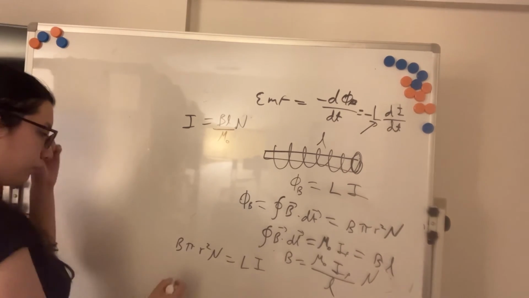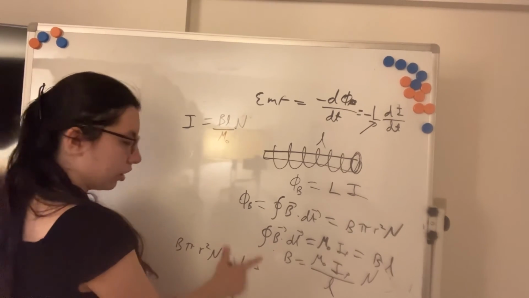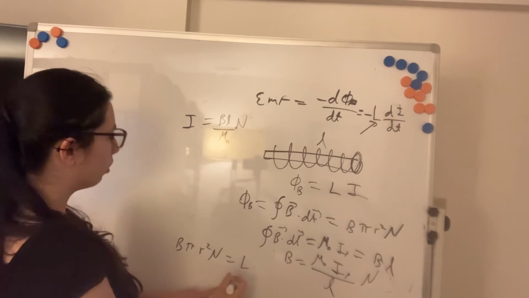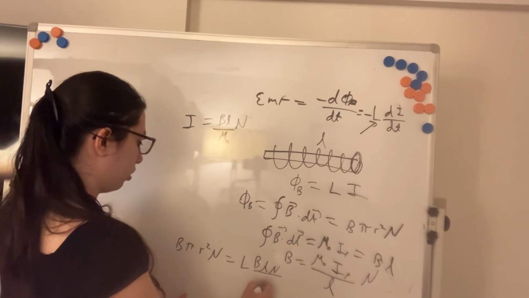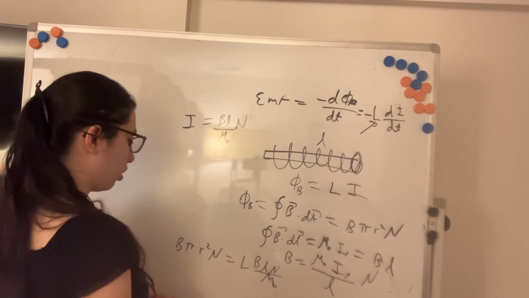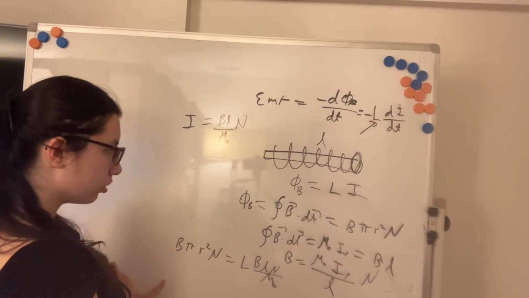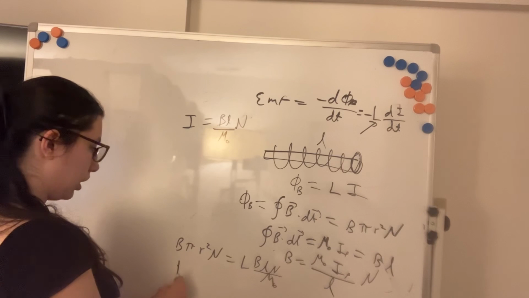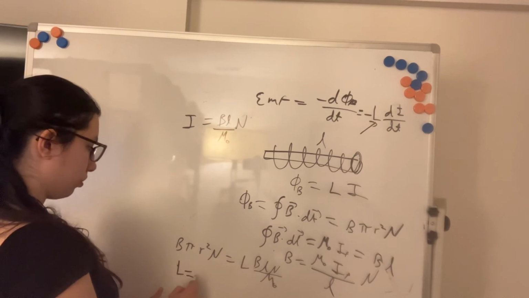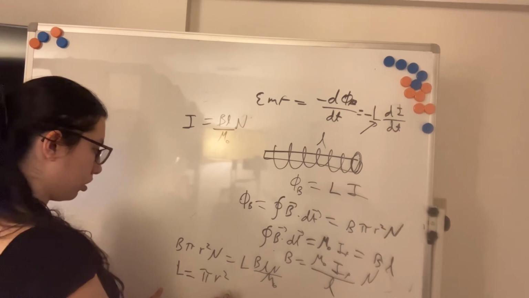So we have L times, and here I will replace it with B l N over mu naught. So we have L is equal to B R squared times